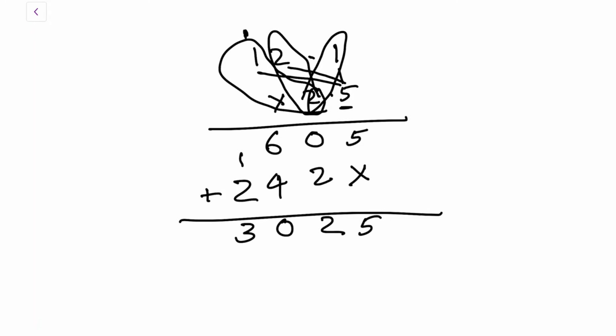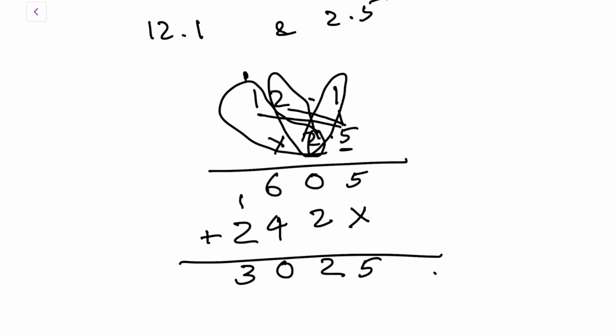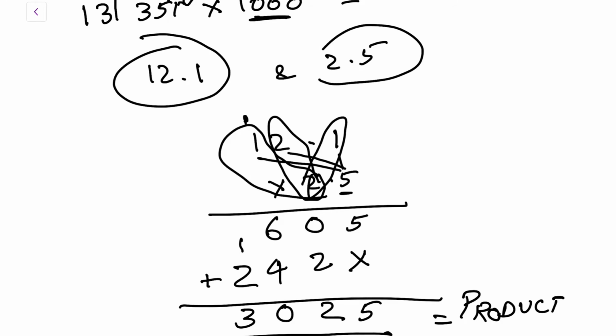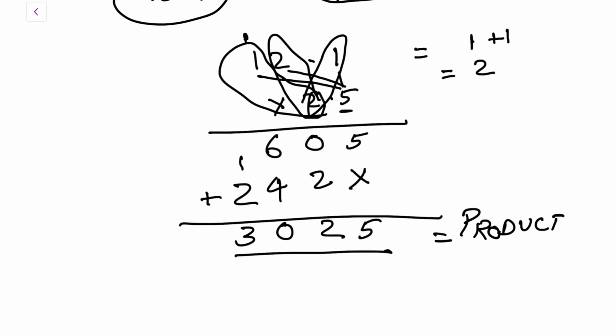Now the important point to note is how do we put the decimal point. Alright, remember the number of decimal places, this is your product, right? So the number of decimal places in your product will be the number of decimal places in your multiplicand, which is 12.1, plus the number of places in your multiplier. Alright, so number of places in your multiplicand 12.1 is 1 and number of decimal places in the multiplier is 1. So 1 plus 1 is 2. So the product needs to have 2 decimal places. That means I'm going to put the decimal point here. Now you can see it's got 2 decimal places.